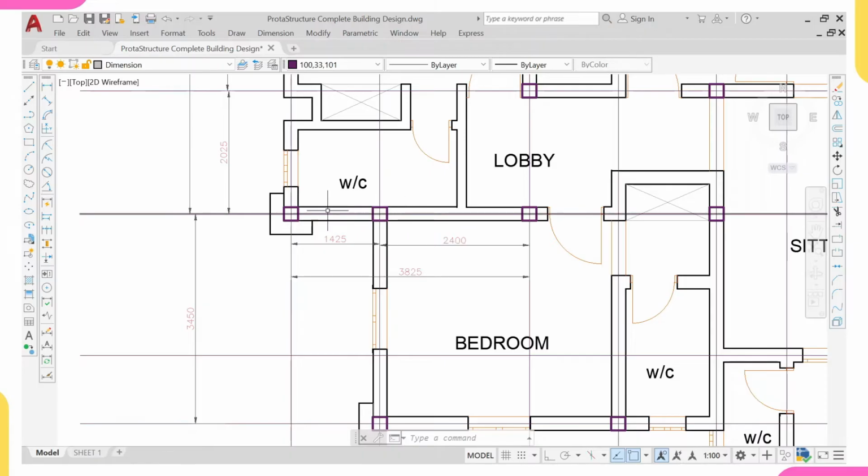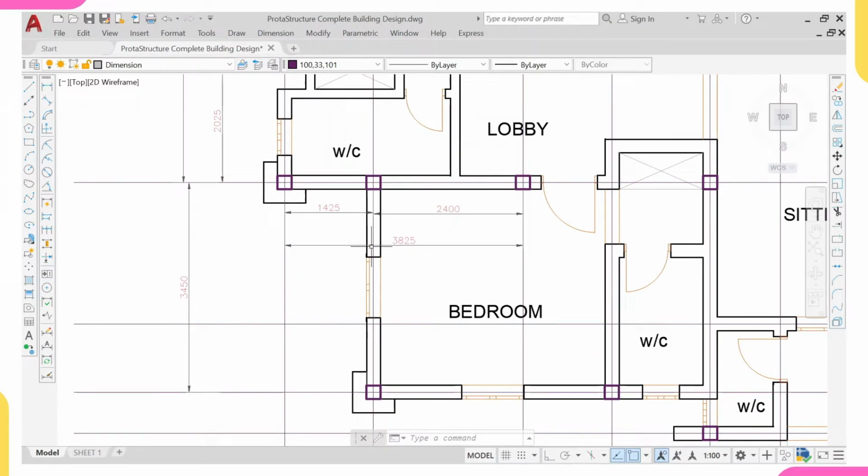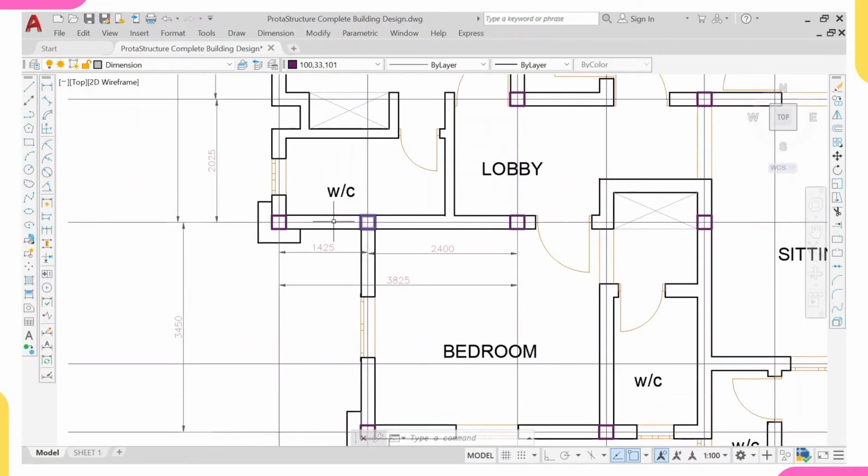Look, this is an intersection between this wall and this wall. And if you see, this is a very long wall. This is not a short wall. If you see, it's 3.45. So if this wall comes and intersects with this, if I leave it like this, maybe in future or thereabout, there might be a crack. I do not say there will be a crack. I say there might be a crack. So for that reason, I would like to have this column here, and also this is an outer joint